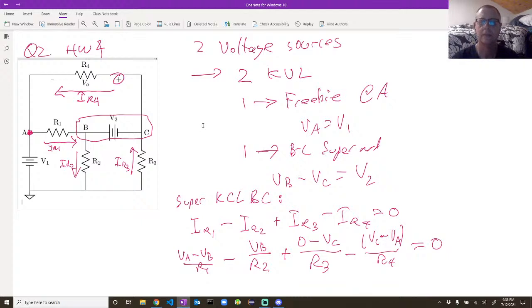Okay, I got it. I didn't do the 0 minus VC over R3. I didn't have the 0 there, so I didn't have a negative and was doing positive there the whole time. Okay, and like I said, we could have